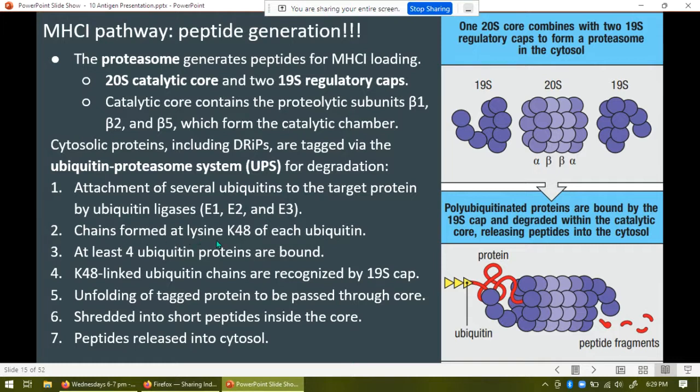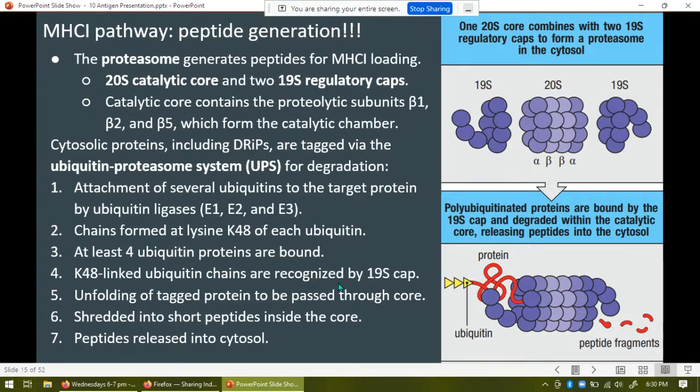Chains are going to be formed at a lysine residue, the 48th amino acid lysine, so it's called K48, on each ubiquitin protein. So ubiquitin is actually sort of like a small little protein. I think it's like 100 amino acids long. And the 48th amino acid in ubiquitin is a lysine. That's where each new ubiquitin is going to be attached into a chain. So you can see they begin to polymerize into a chain. Now, at least 4 ubiquitin proteins will be bound to the target protein in order for this to occur. Once that happens,